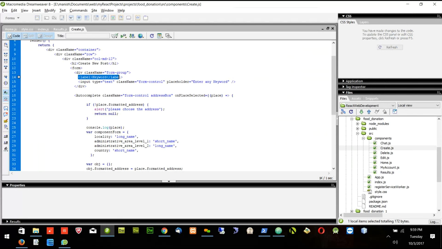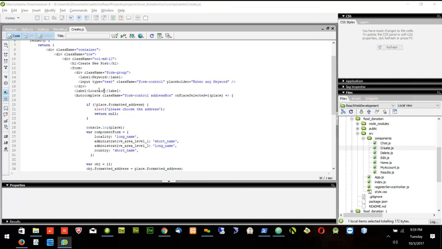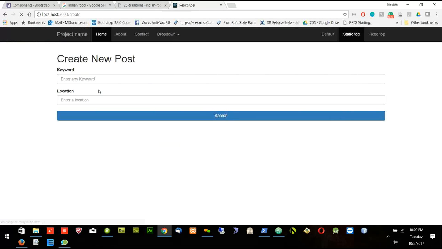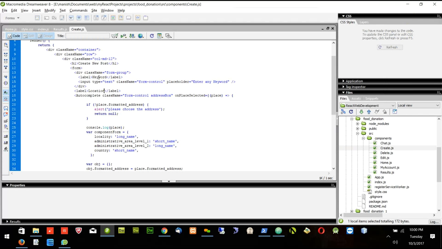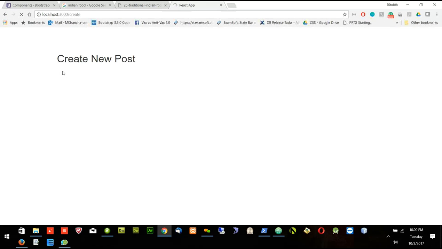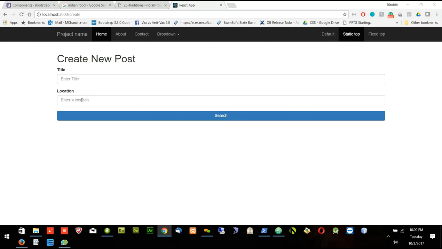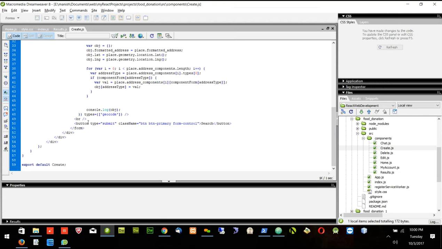Let's put the label here with the location. Let's see how it looks. Okay, so I have the location. I don't need keyword here, keyword is only for searching. Here I will say title, and I will say enter title. So the first one will be changed to title, the second one is the location, and for the third one, after autocomplete, I will say